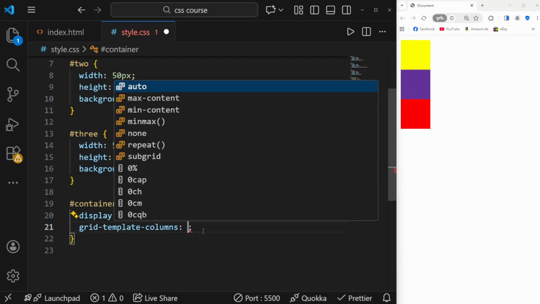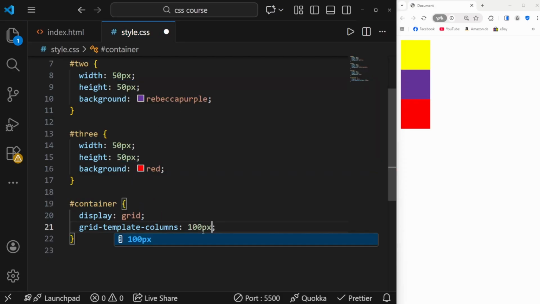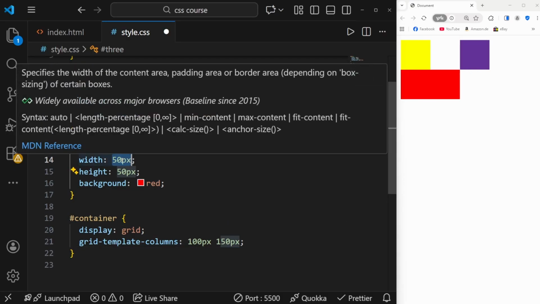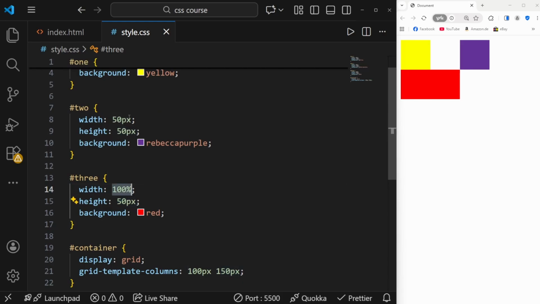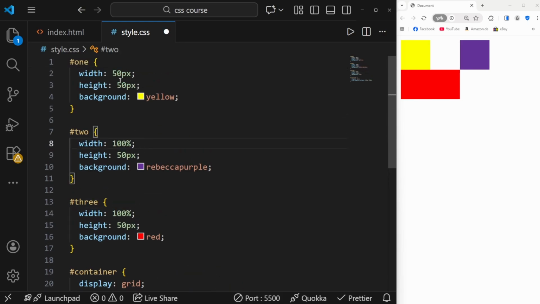And we could, for example, say the first column should have a width of 100 pixels and the second one should have a width of 150 pixels, for example. So now we have one column right here that takes up 100 pixels and the second column that takes up 150 pixels. I'm now going to say for width of container hashtag 3, for example, take up 100% of the available space. You will see that this is the result. And let me do the exact same for the other one, so you really see how big a cell is and how the grid looks under the hood. So you can see column number 1, 100 pixels, column number 2, 150 pixels. Let me now do the exact same for the height, so 100%,